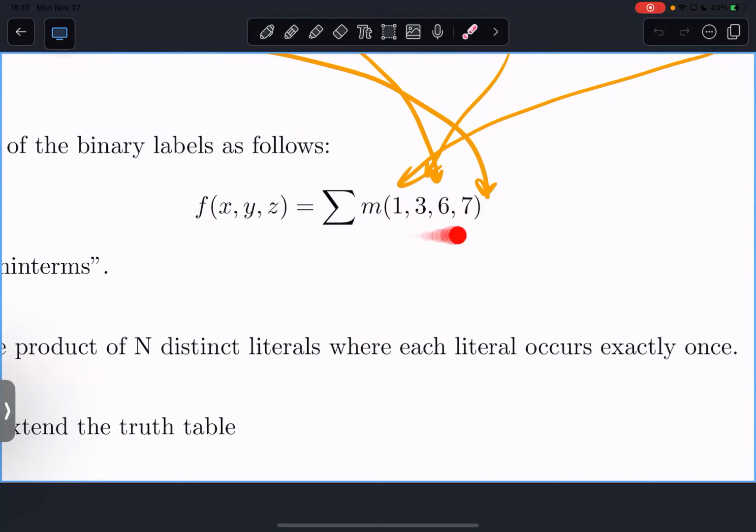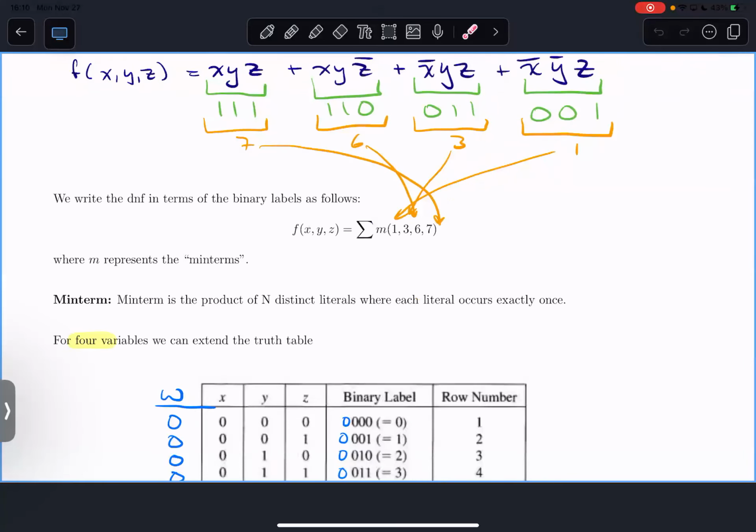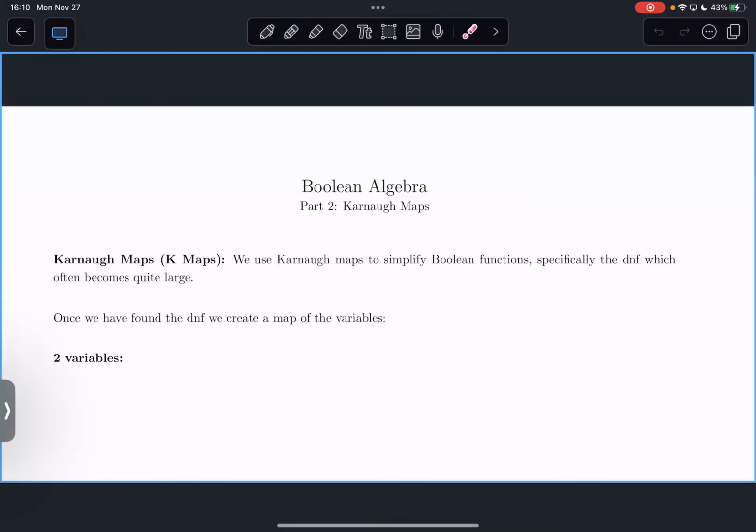And that's where we're going to start today. We're going to have the DNF, and then we're going to simplify it using Karnaugh maps. We did lots of examples last day, but just as a reminder,